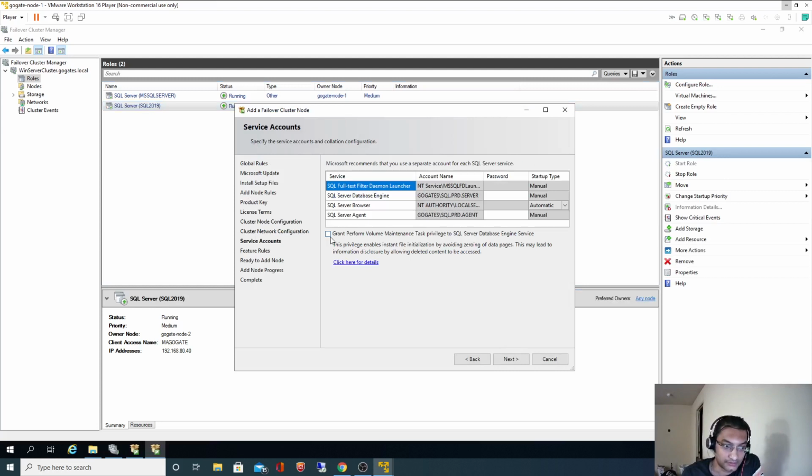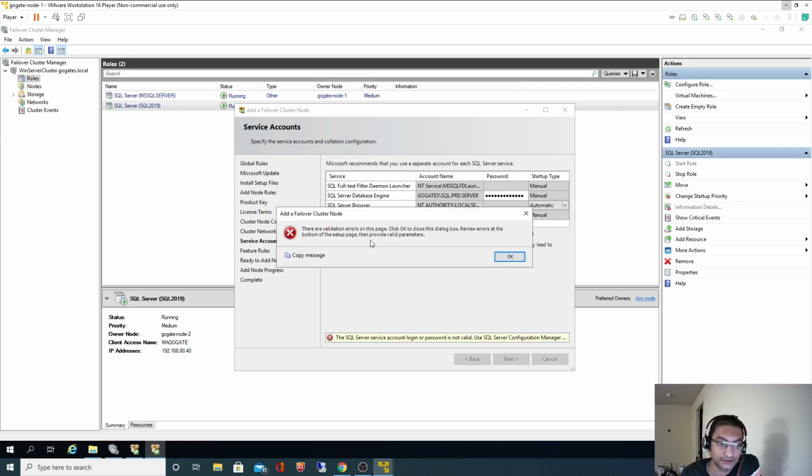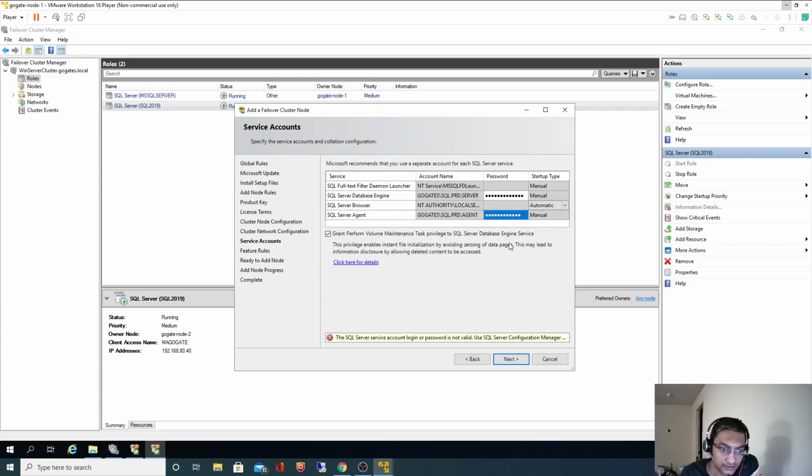Okay. And I just have to specify the password. P8 password #123. Perfect. Next. I've selected this grant perform volume maintenance task. It's saying the password is not valid. How is it possible?